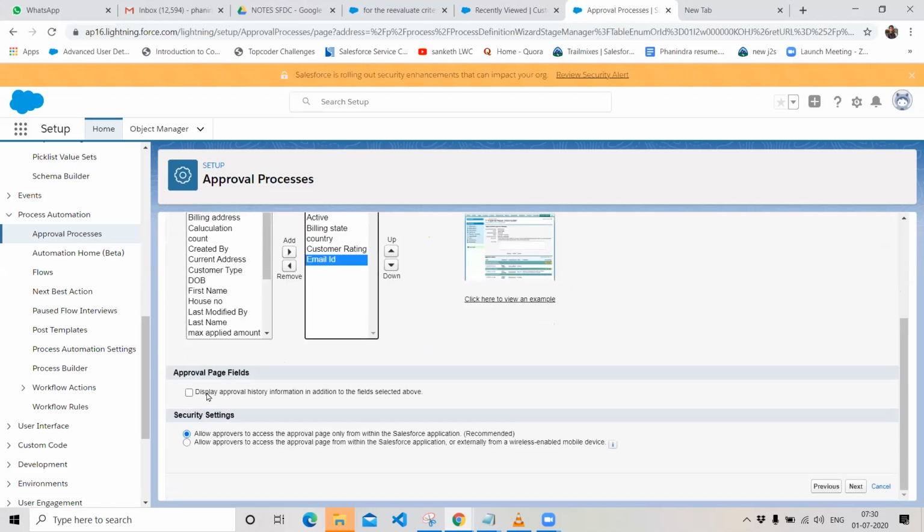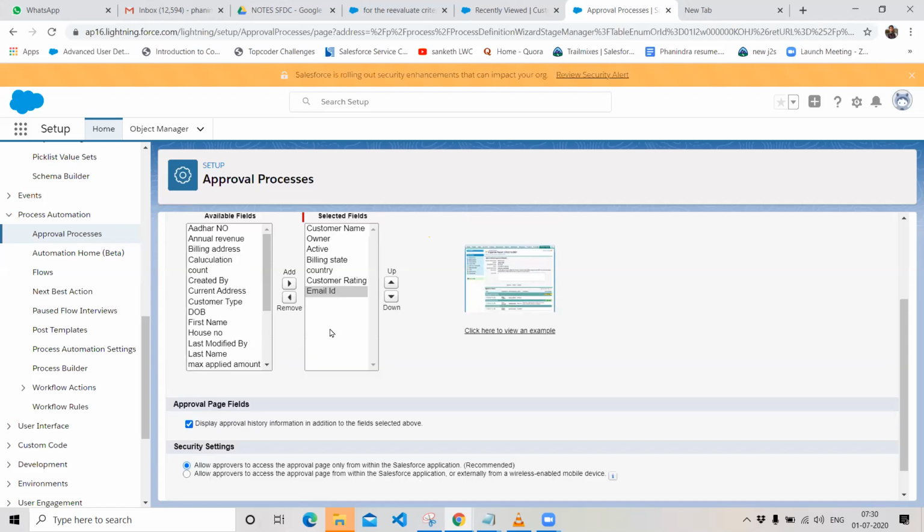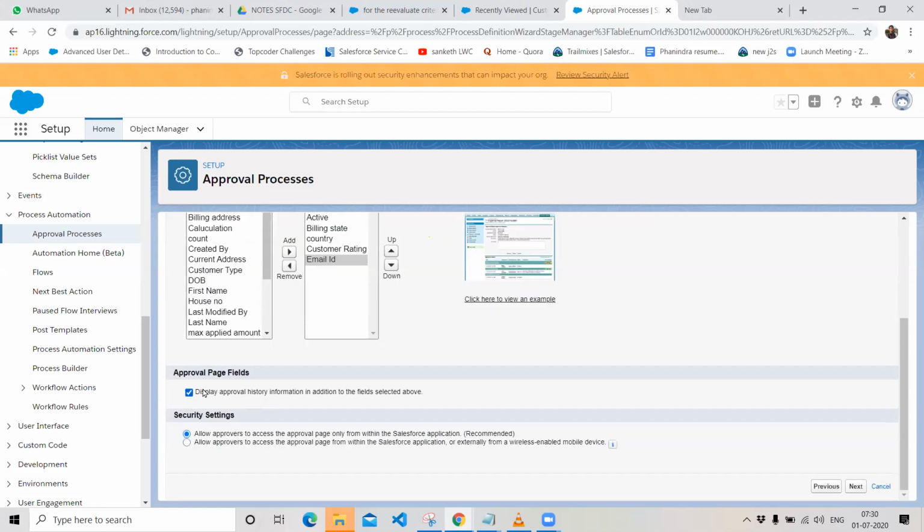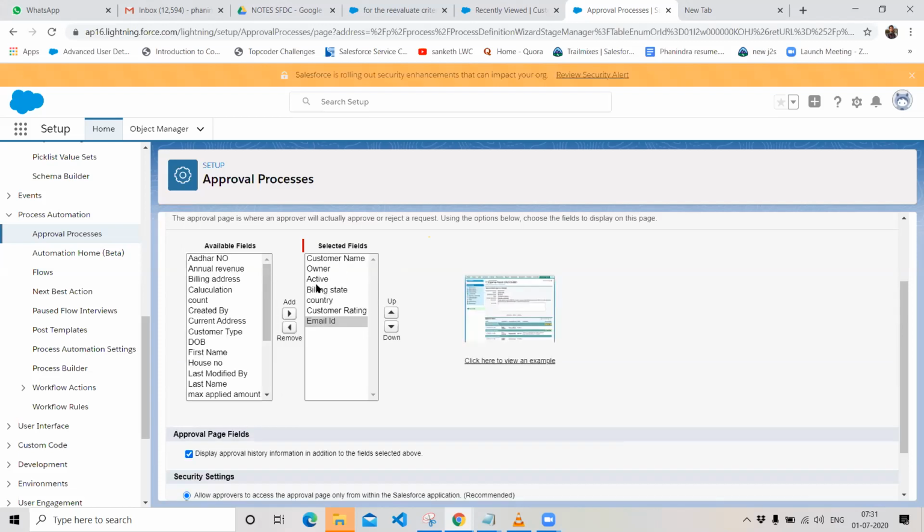And we have one more option called display approval history information in addition to the fields selected above. So if you do want to give information about how the values in these fields have changed over time, you can enable this option. It will track the changes that are happening in these fields.